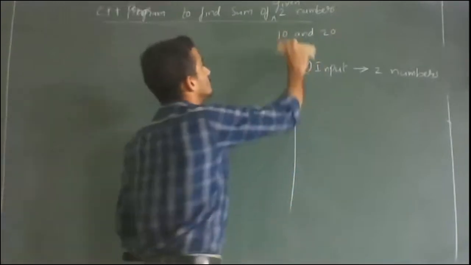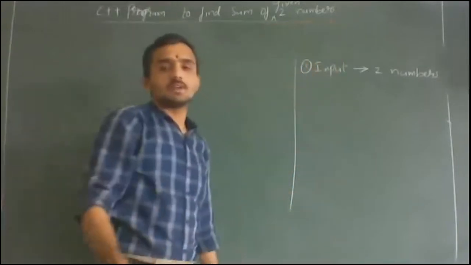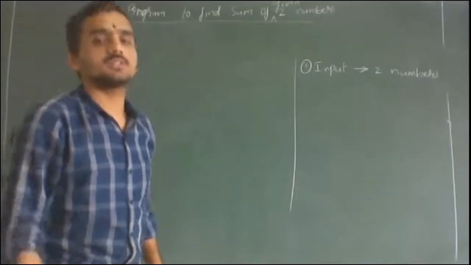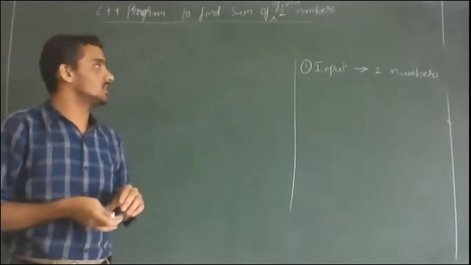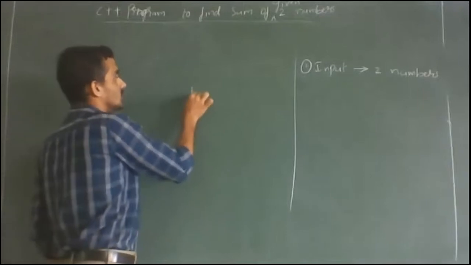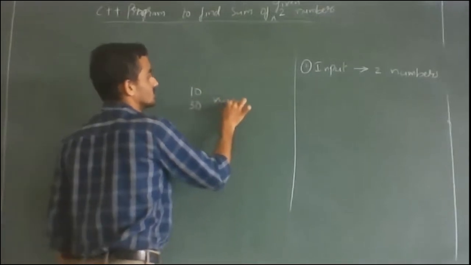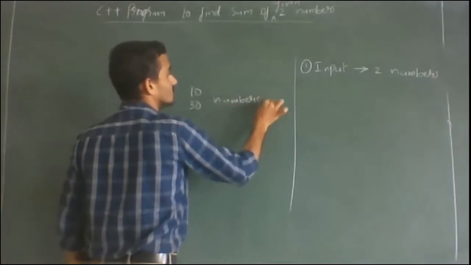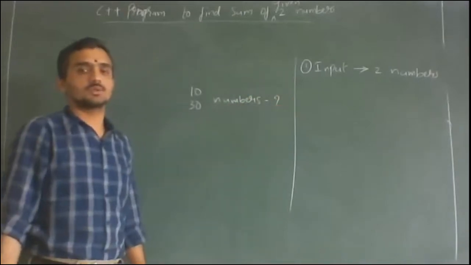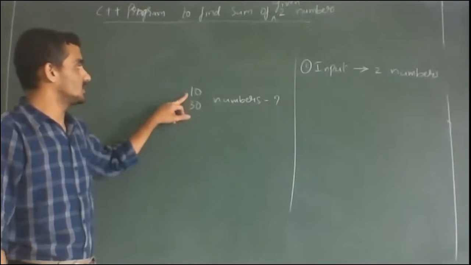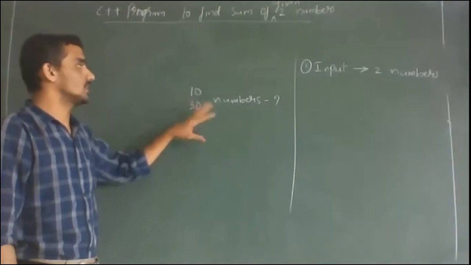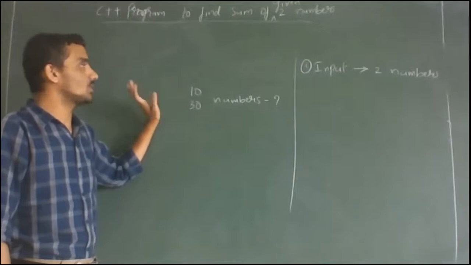If this is the case, again we compare with mathematics. In mathematics, we might have come across problems like: sum of two numbers is 10, product of those two numbers is 30, find the numbers. Correct? You might have come across these questions. Sum of two numbers is 10, product of those two numbers will be 30, find the numbers. In this case, we don't know what the numbers are.